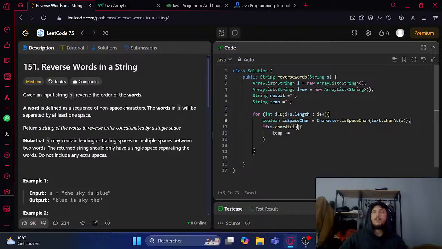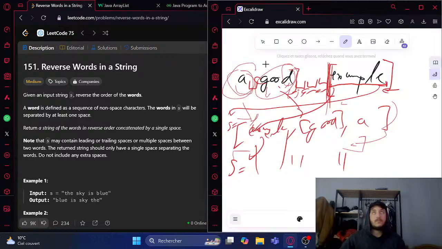If it's a space, sure, and if this is a letter, so it's not space, and this is a space, or if this is a space and i minus one, no,